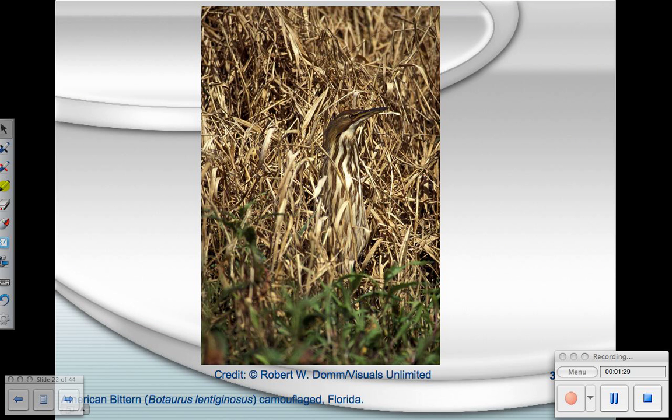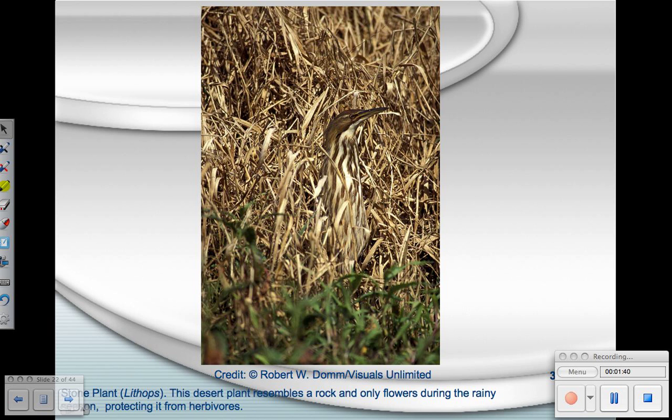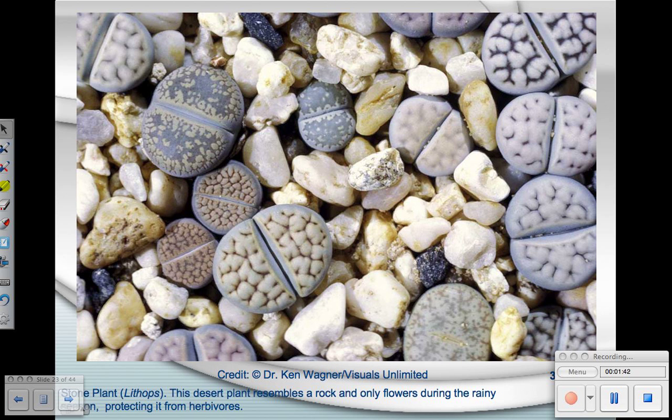This is an example, if you can see in the image, of prey or predator avoidance, where you have this well camouflaged bird in this dried grass. Here you have an example of a plant species hiding from predators or herbivores that might consume it. So the plant has grown in such a way so that it blends in to the rocks that